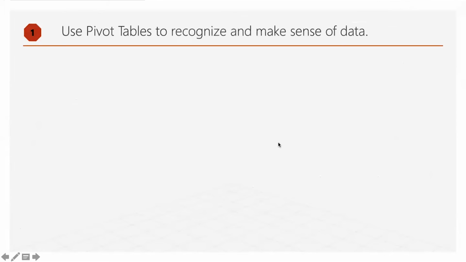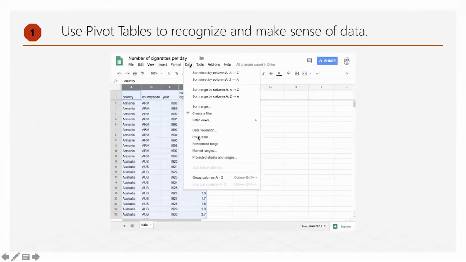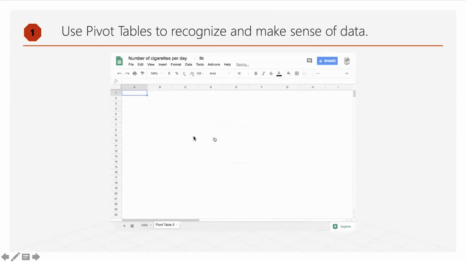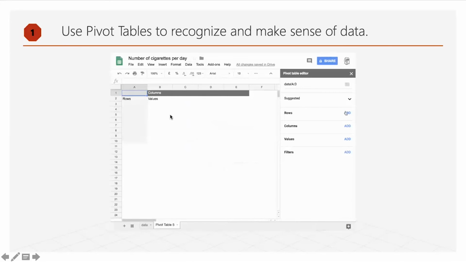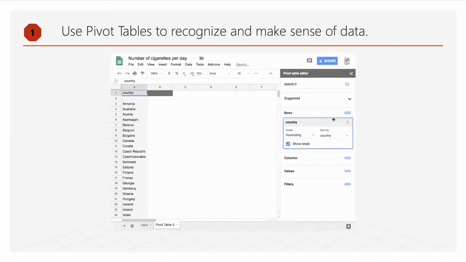So the first feature we are going to learn about spreadsheet software is use pivot tables to recognize and make sense of data. Okay, all this time we learned the basic things about spreadsheet application. Okay, now we are going to study how we are going to use pivot tables to recognize and make sense of data. Right. What are pivot tables? Yes, this is how you have to prepare the pivot tables. Look at this. You have already entered your data and